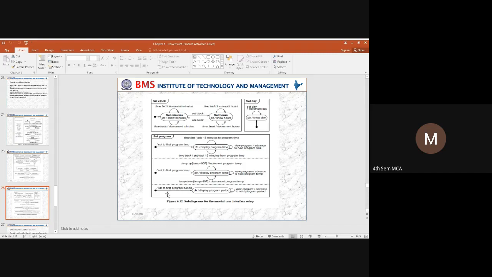And the next thing we have is set program. So we can either view the program in advance, or we can display the current program period. So this is how the set program can be written for a state diagram as a substate diagram.